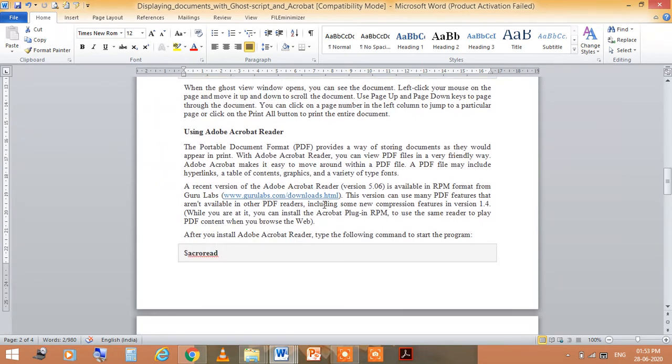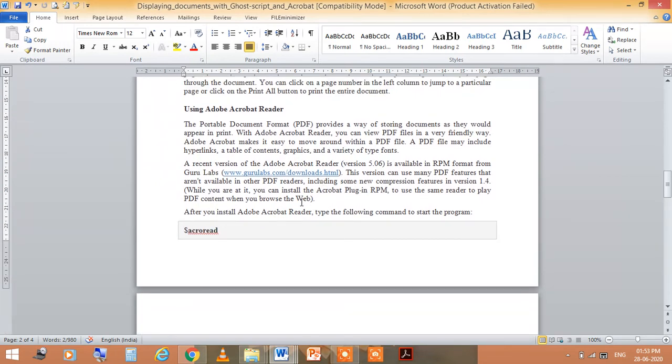Using Acrobat Reader: this is the Portable Document Format, that is PDF. It provides a way of storing documents as they would appear in print. With Adobe Acrobat Reader, you can use PDF files in a very friendly way.